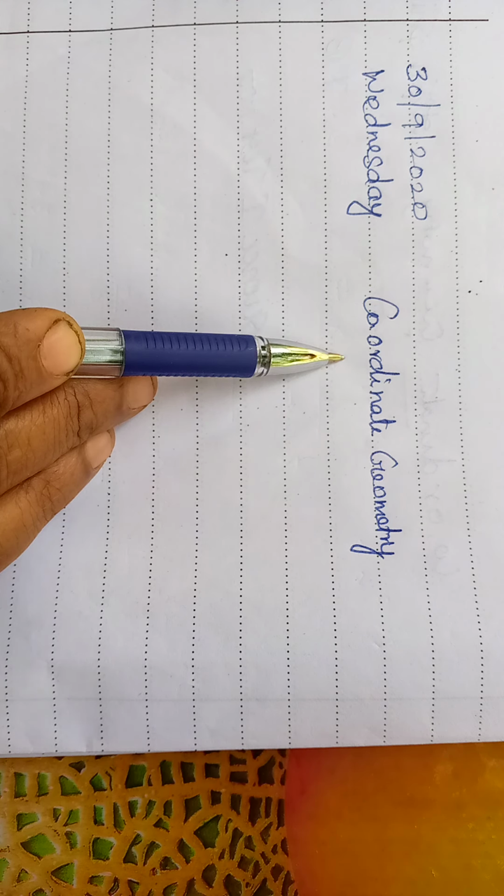First of all, we have to find the distance between S and T. For that, we have to use the S point and T point. What is the S value? A plus C by 2 comma B plus D by 2. What is the T point now? A plus E by 2 comma B plus F by 2. Here x1 equal to A plus C by 2, y1 equal to B plus D by 2, x2 equal to A plus E by 2, y2 is equal to B plus F by 2. What is the distance formula? D is equal to square root of x2 minus x1 the whole square plus y2 minus y1 the whole square.